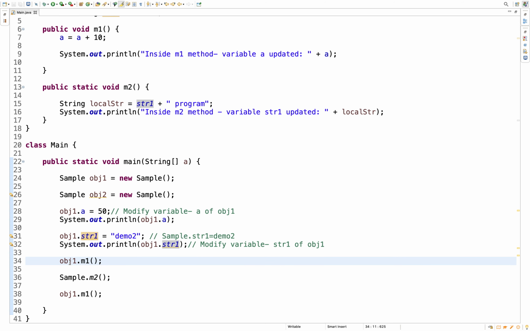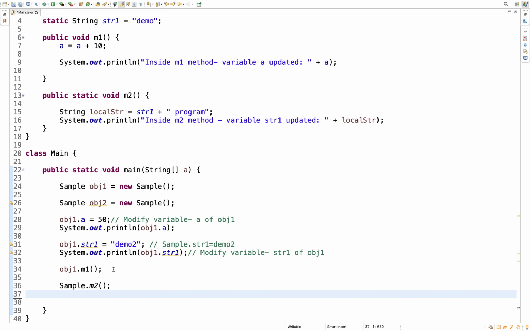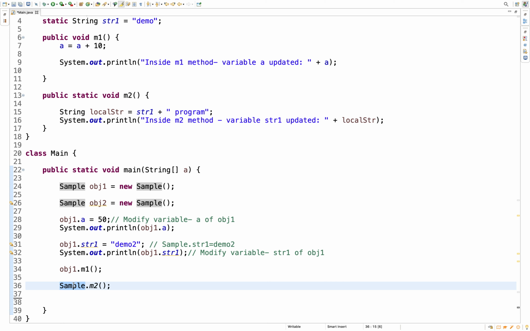And you're trying to call the instance method, and you're trying to call the static method using the class name. And if you see here, you can also access the static variable using the class name. No error. So that's how you can code.